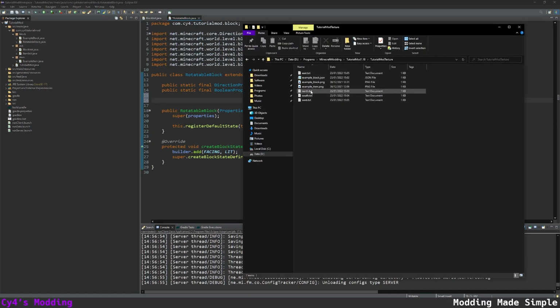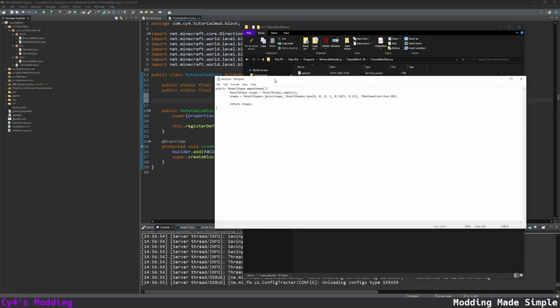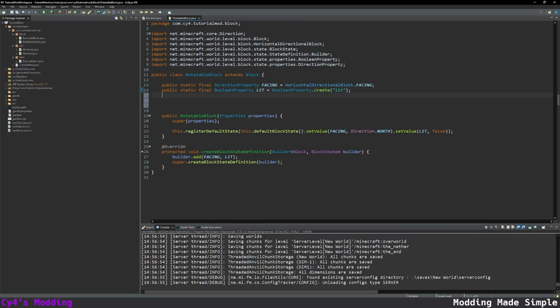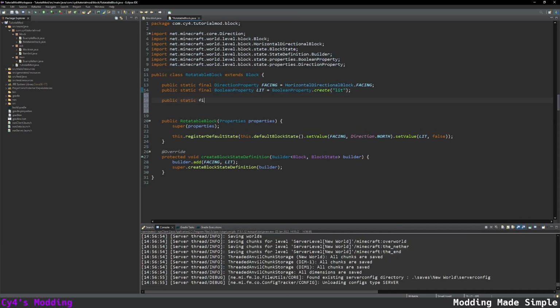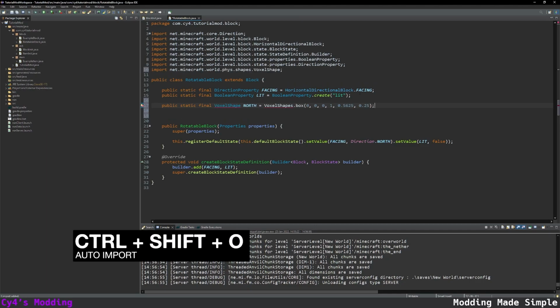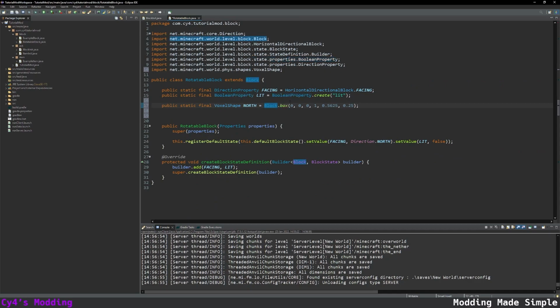Next, let's add the voxel shapes that we exported. So if we open up the text file, you can see that we have this voxel shape. Then we set shape equal to all of this. And we're just going to copy the bit inside here, which has voxelshapes.box. So we're going to copy that, and under this, we're going to set public static final voxel shape north is equal to, and then paste. Let's press Ctrl-Shift-O to import both of those,